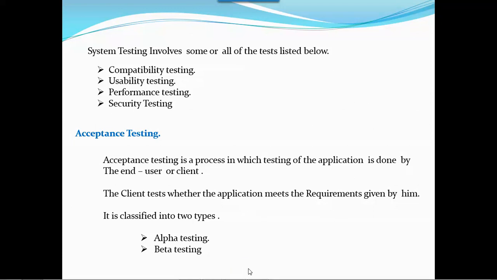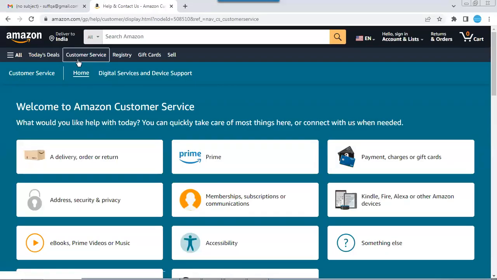Incremental integration is nothing, I told you, right? Whenever you add any module, okay. See, customer service is one module. Now you add Registry. So what we need to do is check whether these two modules are communicating properly or not. That we call incremental integration testing. So we are adding one module, one more, and again now you are adding